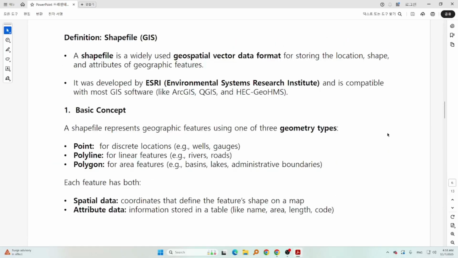And then, let's talk about a shapefile. Today is a little bit different from HEC-HMS Part 2 because we'll be using a shapefile, which we normally use in GIS. So a shapefile, what is it? It's a widely used geospatial vector data format for storing the location, shape, and attributes of geographic features. It was developed by ESRI, Environmental Systems Research Institute, and is compatible with most GIS software, like ArcGIS, QGIS, and